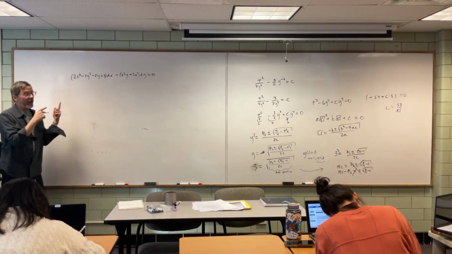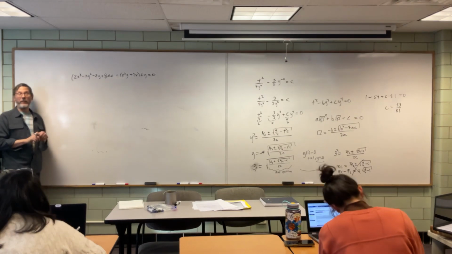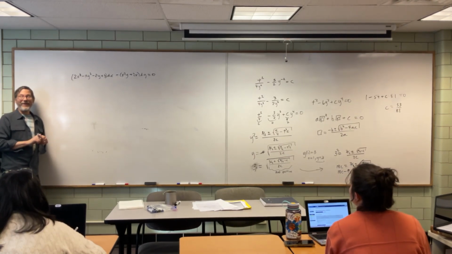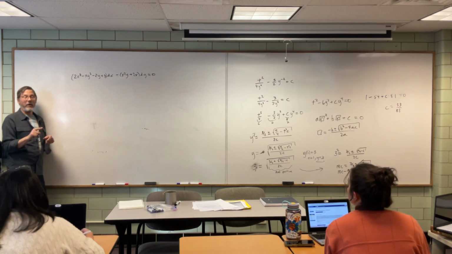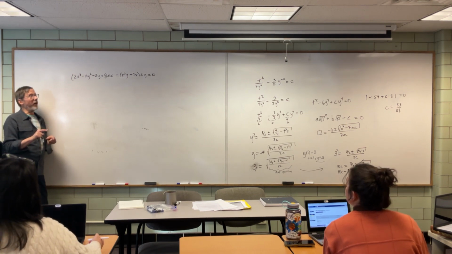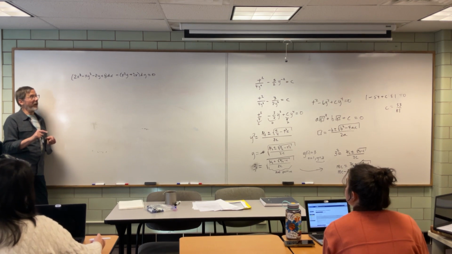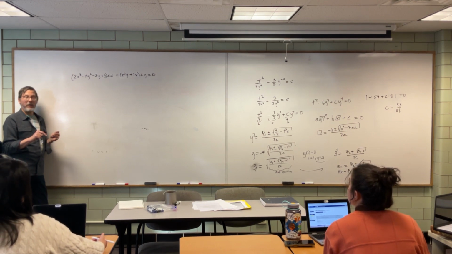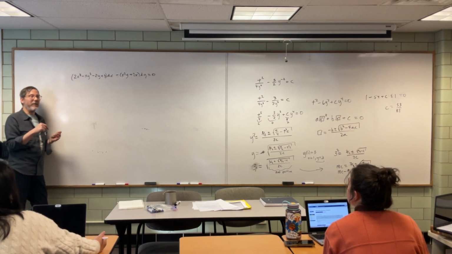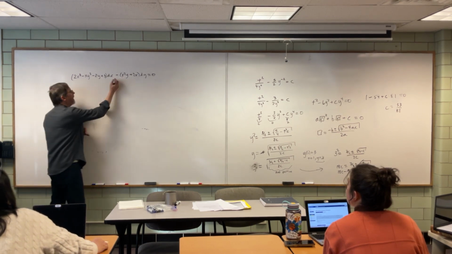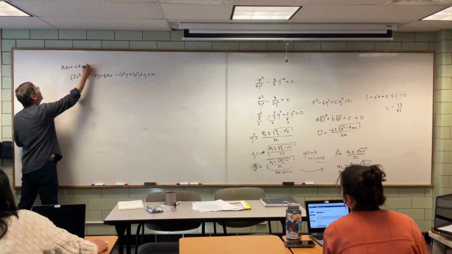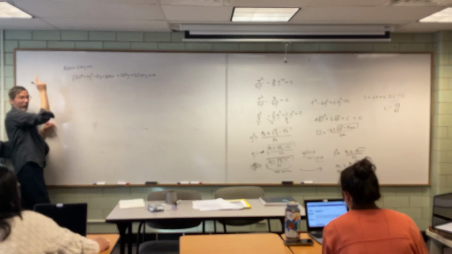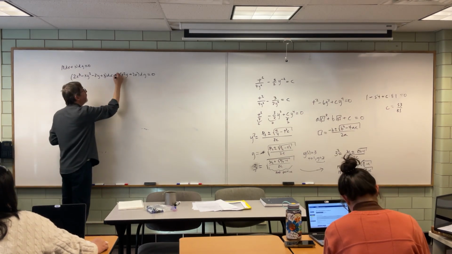So before I can even begin on this one, what do I need to do? Can somebody tell me? I need to make an adjustment first. What adjustment do I need to make? Anthony? Is it that negative? It's plus negative. Yeah, so make sure that this is what you have. The method doesn't work if there's not a plus in here, so be really careful with that. So step one is change that to a plus and